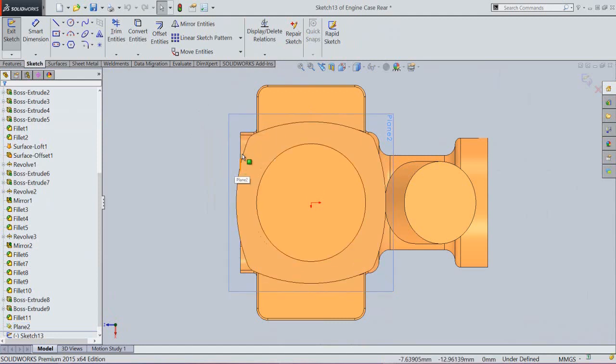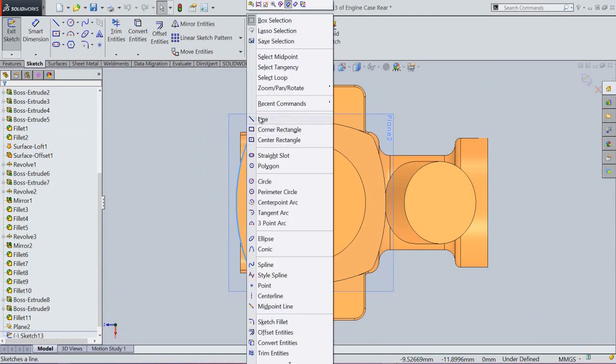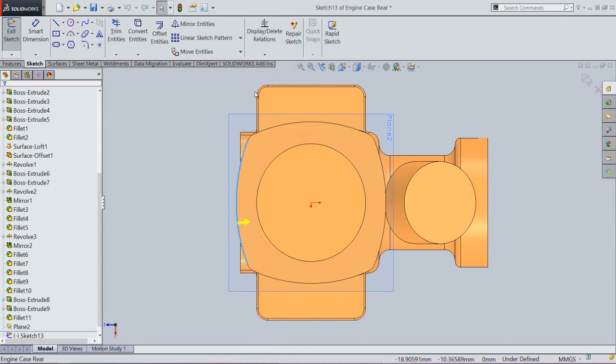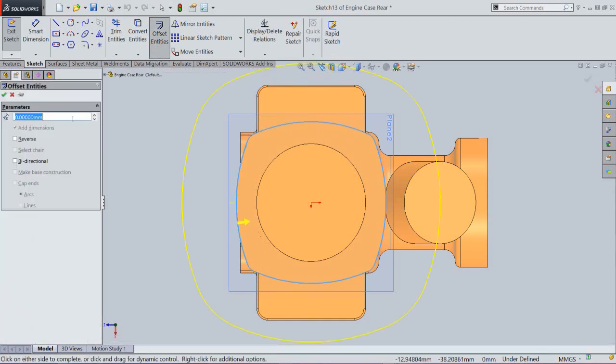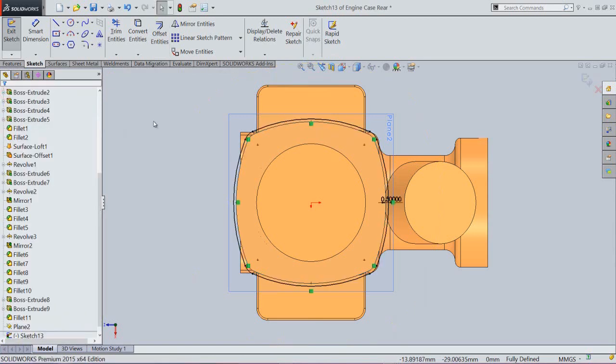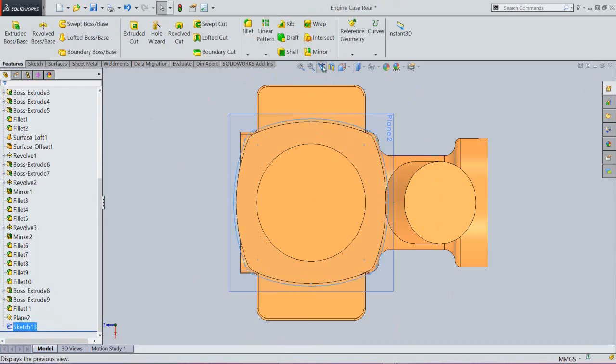Okay, select this edge and activate the offset entities command and set the offset distance value 0.5 mm. Click OK. Finish the sketch.